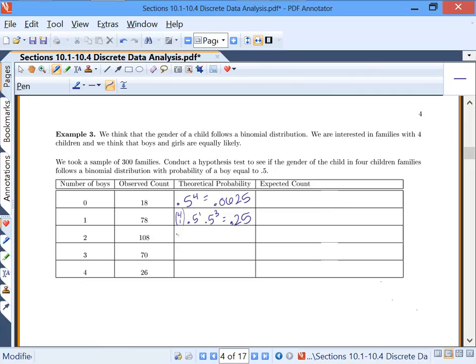For 2 boys, we have to take into effect how many ways I can choose the 2 boys. And then I want the probability of a boy to the power of 2, because I want 2 boys. Probability of a girl to the power of 2 as well. Gives me 0.375. So to see how this one's just a little bit different,